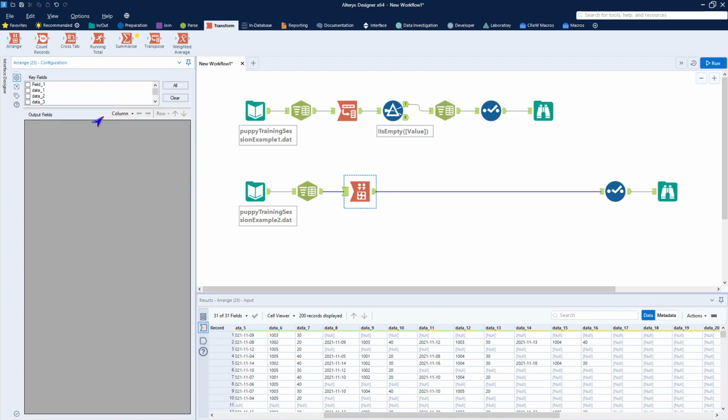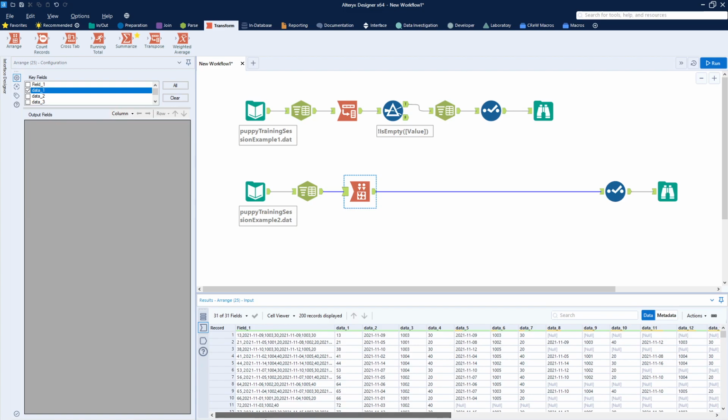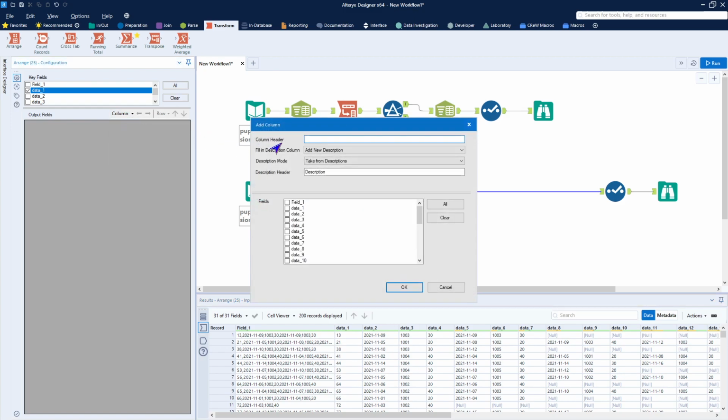And what we do here is identify the key field, which is data 1. Sliding back here helps us look. So data 1 is our ID. And data 2 begins the repeating groups. So what I will need to do here in the column dropdown is add a column. That column is going to be the session date. And it happens to be 2, 5,